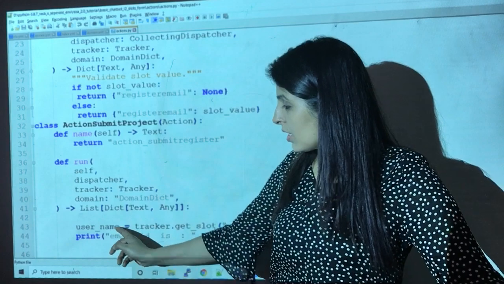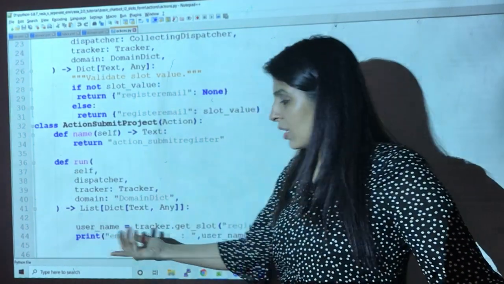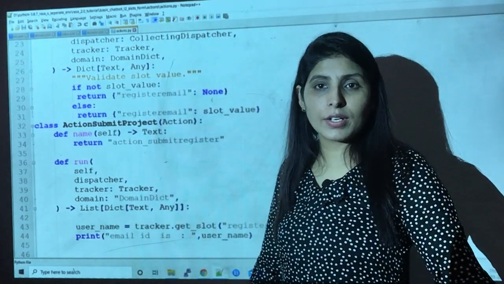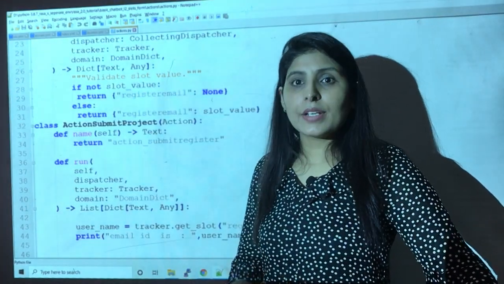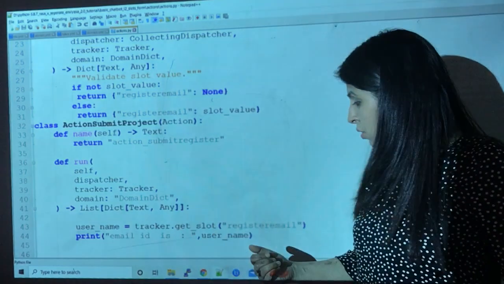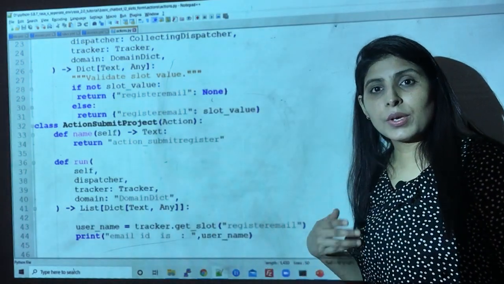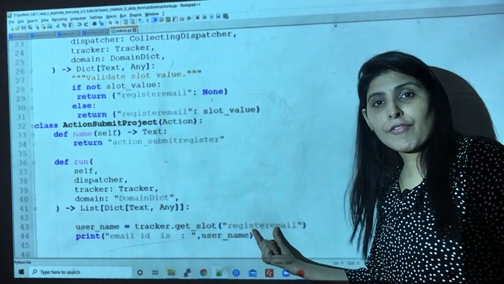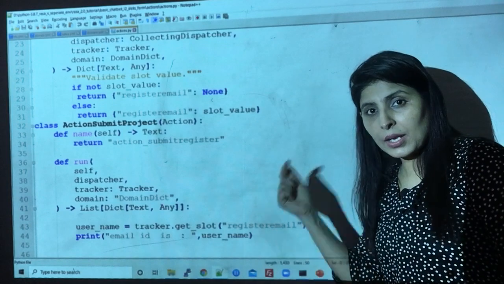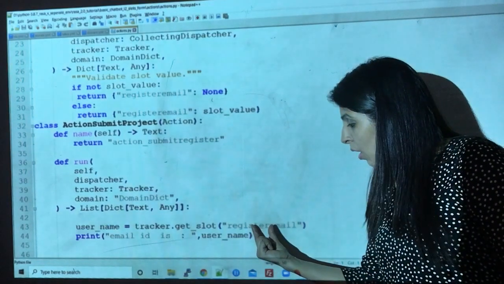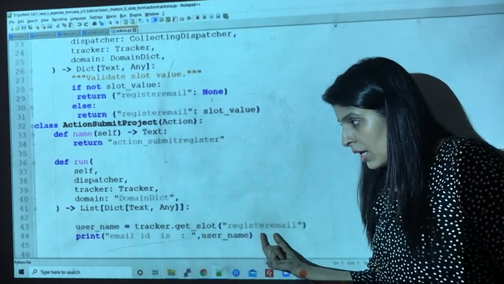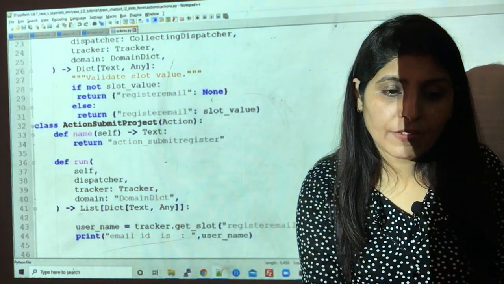Now what we want is, under this username variable, tracker.get_slot. Using tracker.get_slot, you can get the value which the user has filled in that particular slot. So I want to get the value which the user has filled in this particular slot, which we have created in my domain.yml, and I'm printing the value.